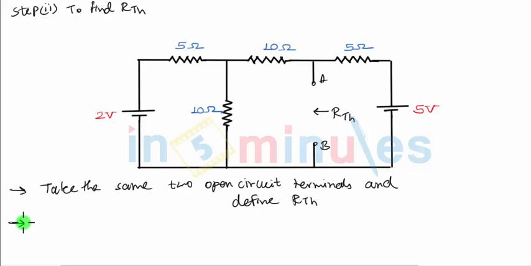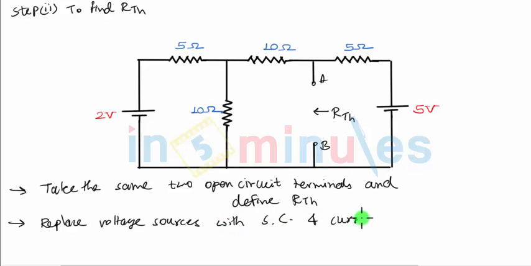Now how to find Thevenin's equivalent resistance? For that we have to replace all the sources in this particular circuit. So we say replace voltage sources with short circuit and current sources with open circuit. That means whenever we have a voltage source, we replace it with short, and a current source we replace with open. There is no current source here, there are two voltage sources, so let's replace both the sources with short circuit. The first voltage source is replaced with short here, the second is also replaced with short, and now we can see that we get a network of only resistors.